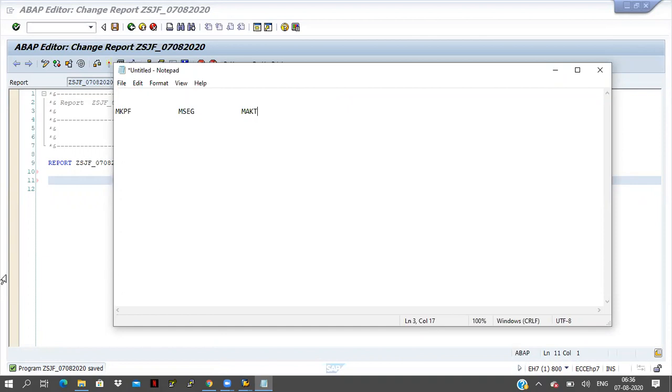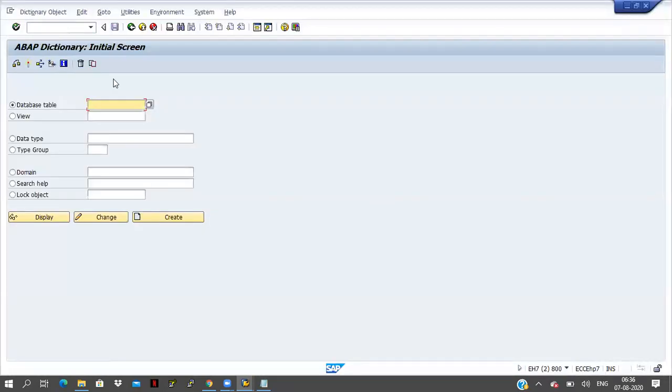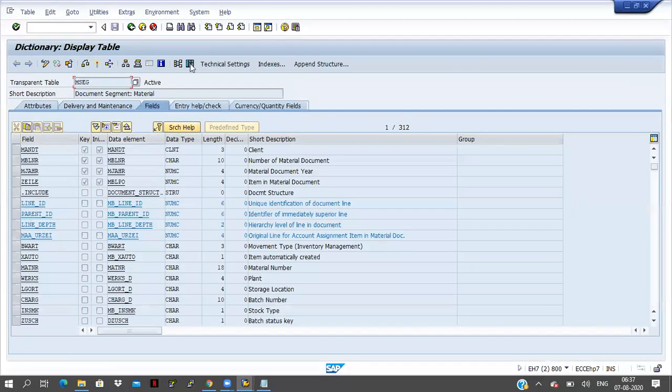First of all, I will check whether the data is available in the MSEC table, because these are demo servers. Sometimes they maintain the data, or sometimes they won't maintain the data.